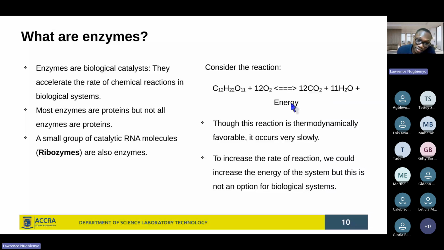It's a very simplified form of saying it, because there are different processes that this will undergo to generate that energy for you. But fine, that's okay. The thing is, if you have a jar of sugar and you place it on your table in the kitchen or in the dining hall,